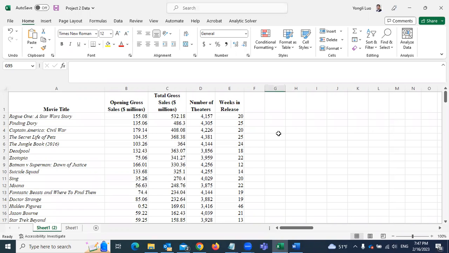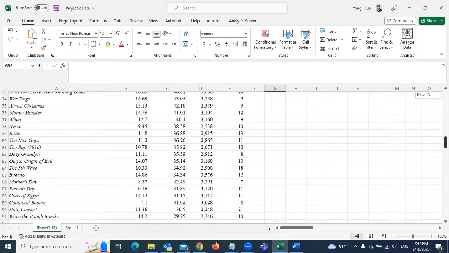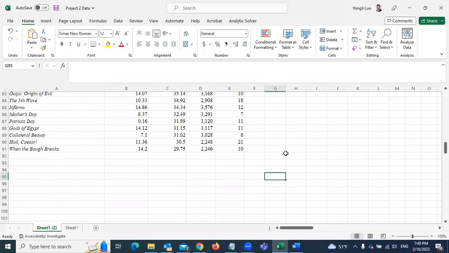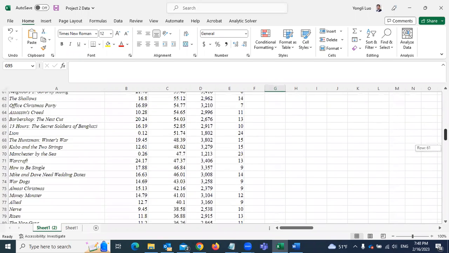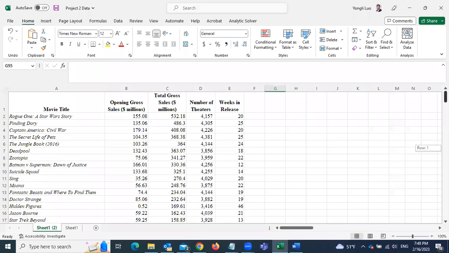Hello, everyone. Let me talk about project 2. You can see the data I'm working on is only up to 91, so yours is going to be 100. Basically, I deleted some of the observations, so your result is going to be a little bit different from mine. For this purpose, I just wanted to show you what exactly Excel function you need and how to create the graph. Okay, now we look at the